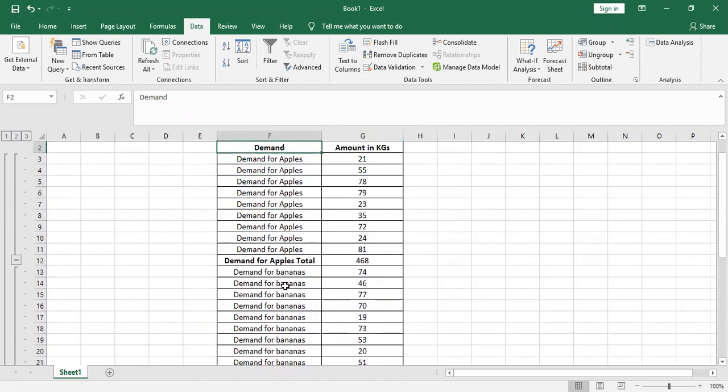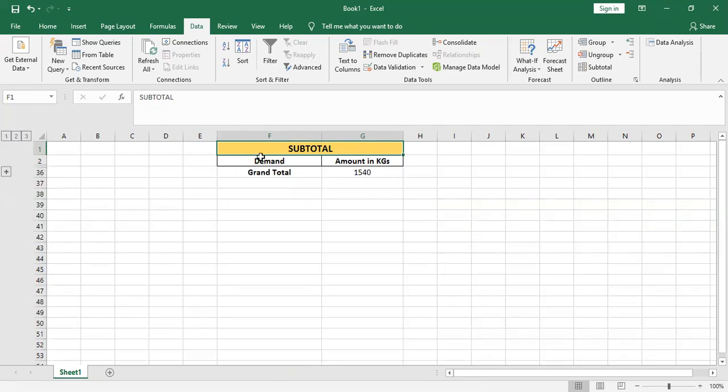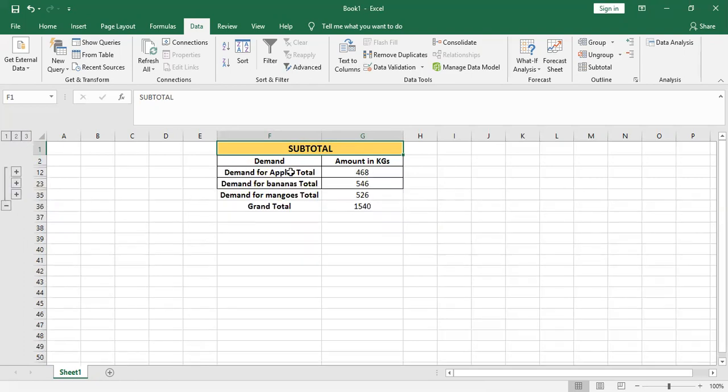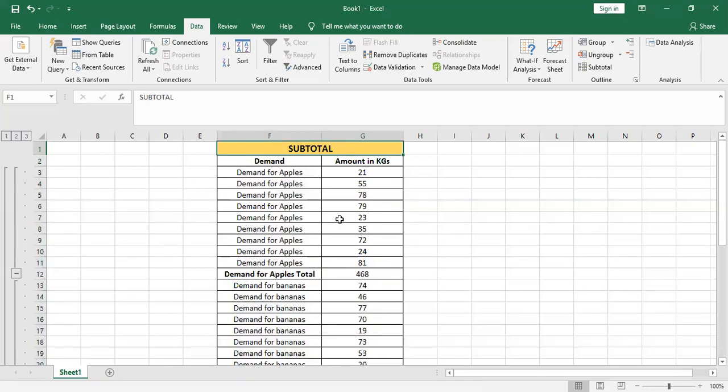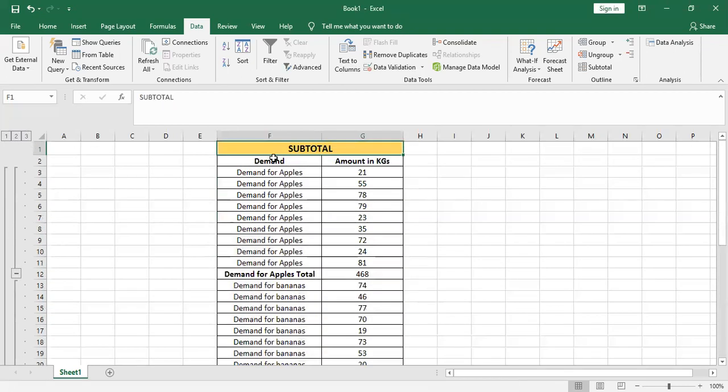So you can see that we are getting each and every demand in a subtotal manner. Also, you can see on the left we have 1, 2, 3. If you click on 1, you can see only the grand total. Now, if you click on 2, you can see the totals of apple, banana, and mangoes demand. And then if you click on 3, you can see each and every detail. This is a very good and very well sorted subtotal, which is often used in your jobs, and I hope this is useful for you. In case you want to cancel it, you can just